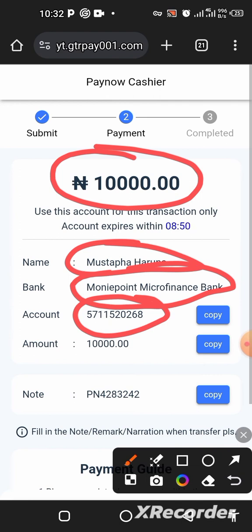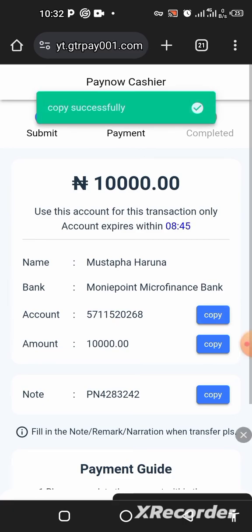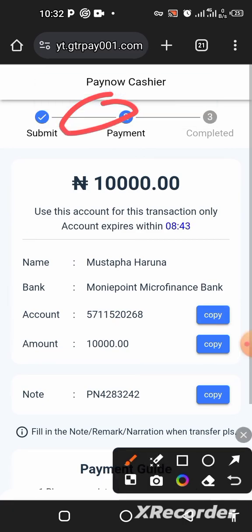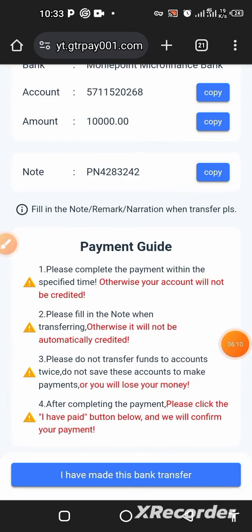So for you to go and deposit the money, you copy the account number and you see a copy successfully here. Then you go to your bank and make the transfer. Note that you have a limited time to complete this transfer, within 10 minutes. Now I'm done with the transfer, so I'll click on I have made this bank transfer in order for my transfer to be